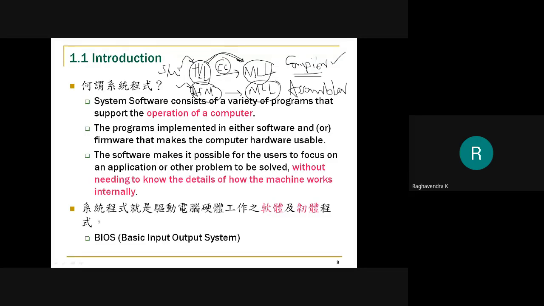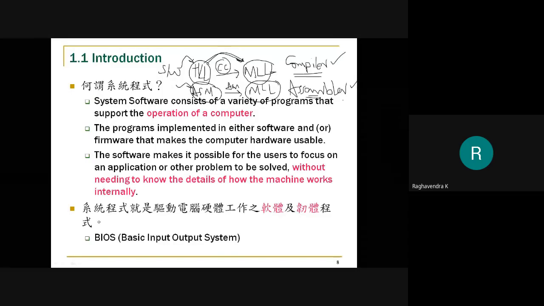So what we are supposed to do is translate this program in assembly level language to machine level language. And who does that? The assembler. The assembler is the program or software that translates your assembly level language into machine level language. So this is one more example of a system software that you have actually used, right?